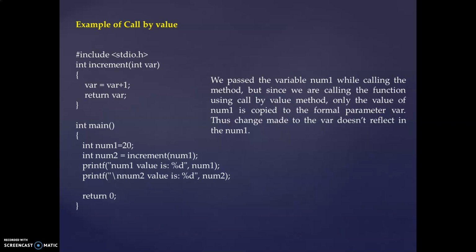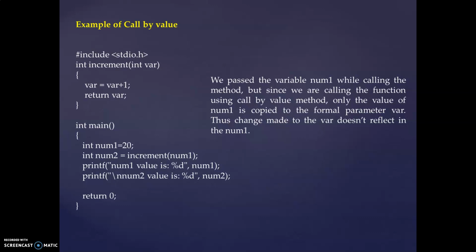That means if 20 is the value, then it will be 21, and thus in this way it will increment. So increment is a function. So num1 and num2, these two things are actual parameters. Quite clear? Now in the called function, I have written above the main function, that means I am defining the